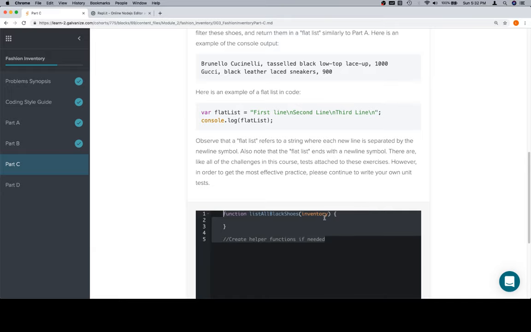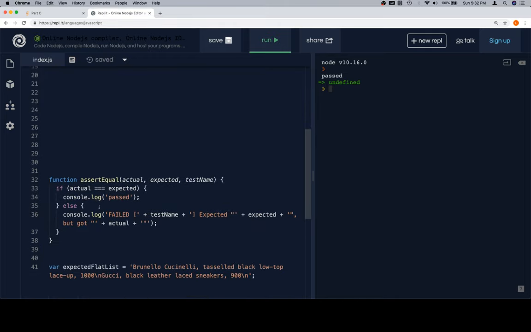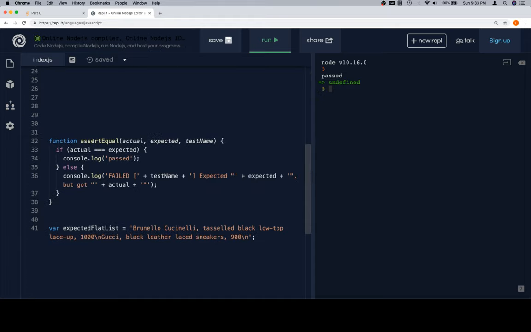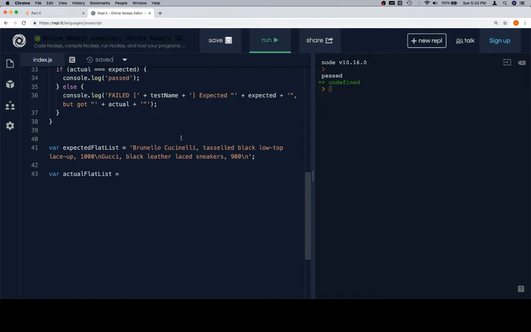Let's go back, copy all of this, put it over to Replit, and through the power of laziness or preparation, depending on which way you like to look at it, I have already put an assert equal function here. The return value of list all black shoes is going to be our flat list, which is a string, so we'll need to test a string actual versus a string expected, and here's a copy of the expected flat list that they want. We're also going to create an actual flat list. Actual flat list is going to be equal to list all black shoes, the name of our function, called on current inventory,